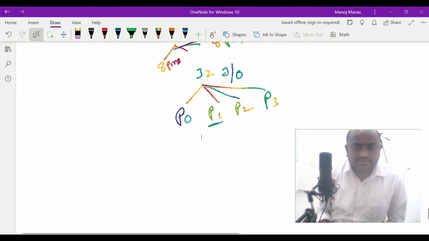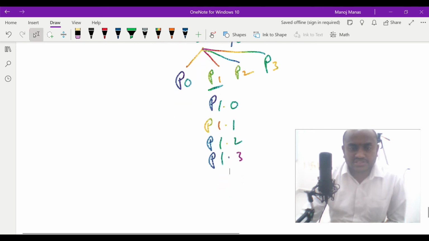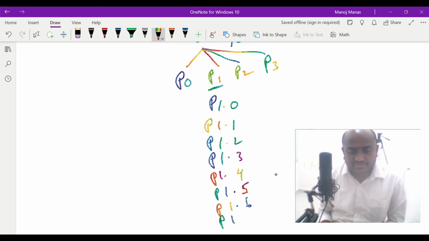They are P1.0, P1.1, P1.2, P1.3, which is the lower byte, and similarly P1.4, P1.5, P1.6, and then P1.7.